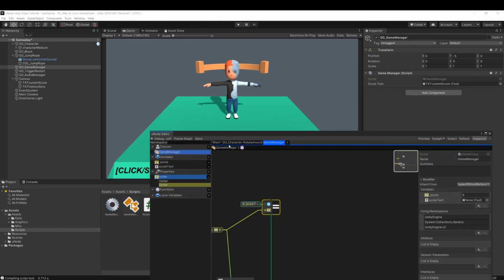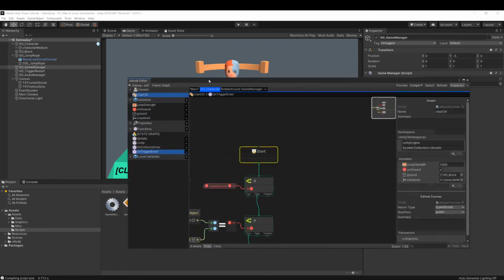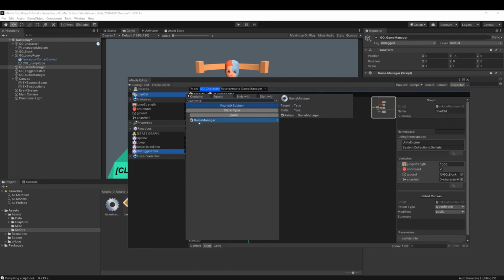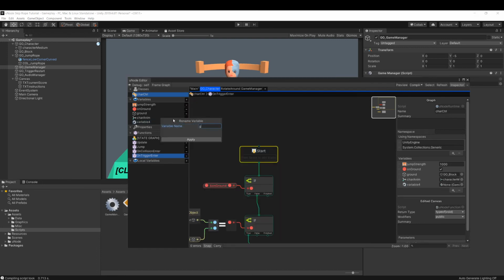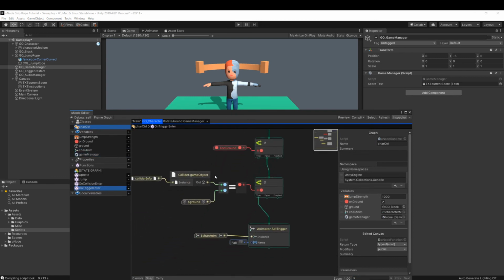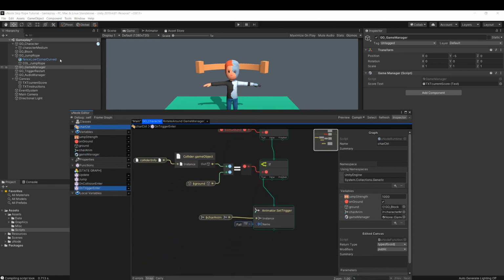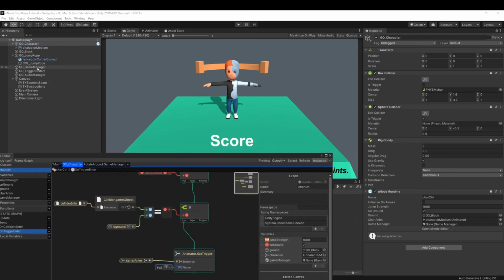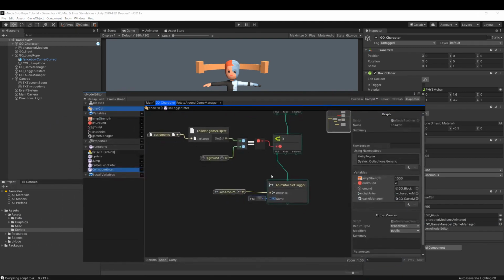And then back in our character, we need to get a reference to this new class, the game manager, so that we can set that score value. So on our character, we'll make sure to drag in the game manager so that we know who we're sending it to, and then in